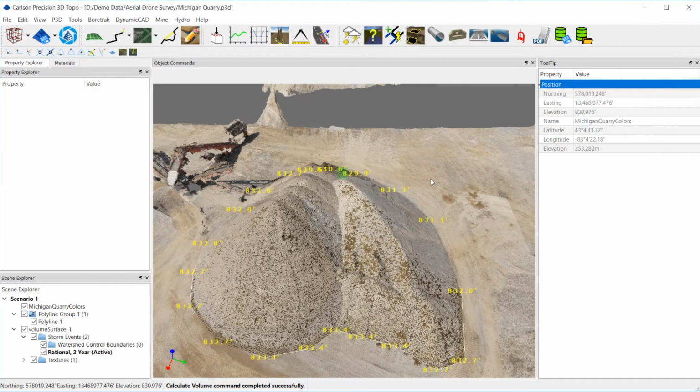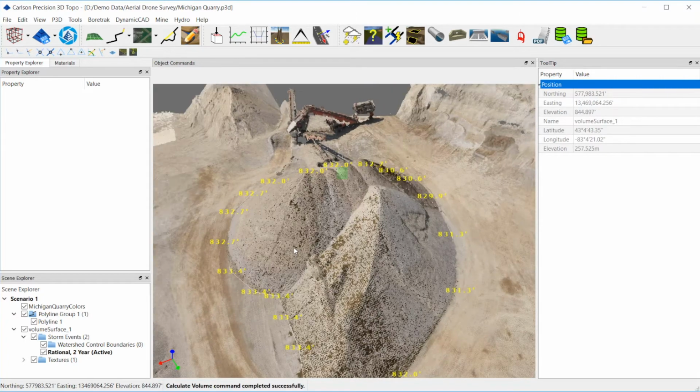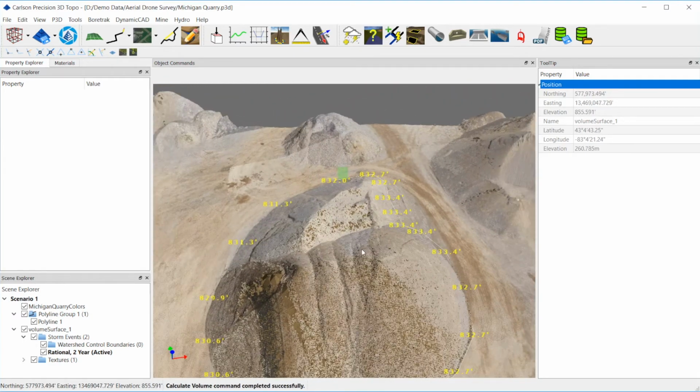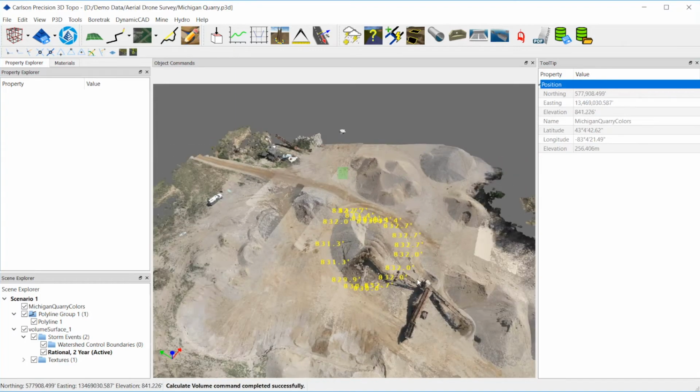That can be added to your report so that you have your full text of the computed results, and you also have a picture of the actual pile in question, and you have the individual surface model that you can save out to archive to go along with those numbers in that report. So if you're monitoring or doing things week to week, you'll be able to look up that archived information very, very quickly. So the next thing I'm going to do is go to another pile in here,